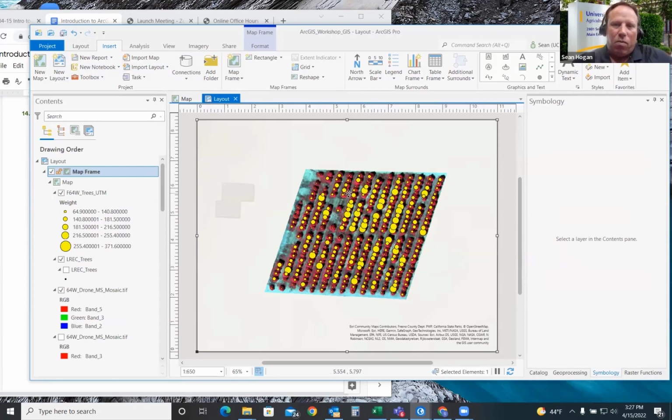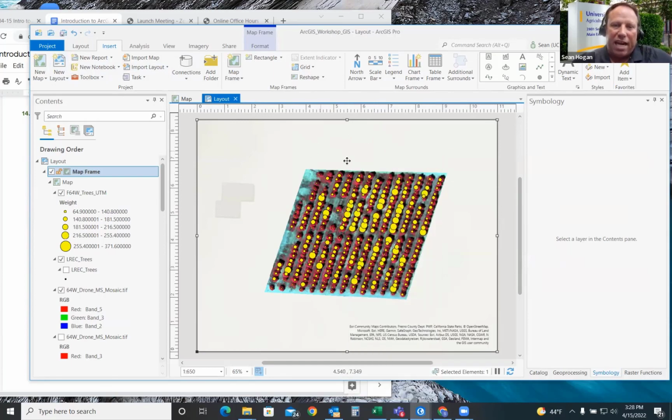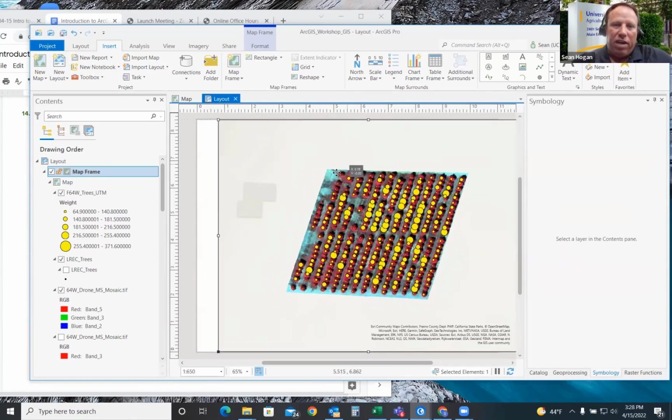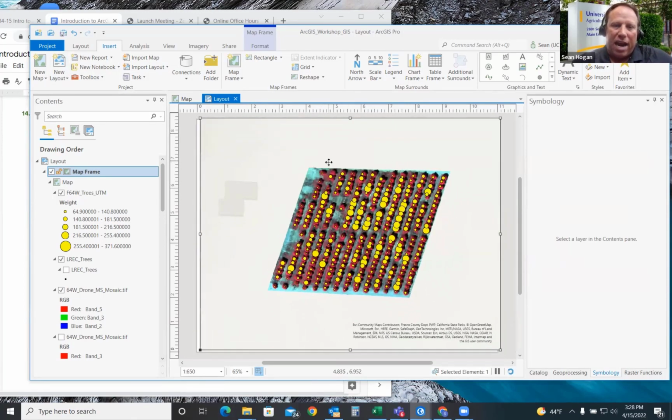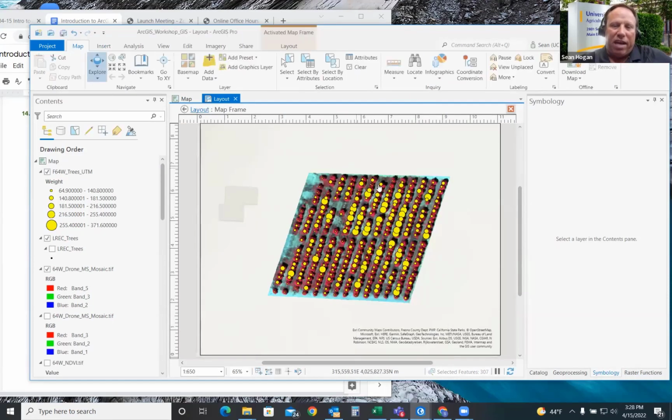Next, I'm going to right click and select activate. And the reason for that is, before I select activate, if I move anything, it's going to move the layout pane. It's not going to move anything in the map. I can right click though by clicking activate.